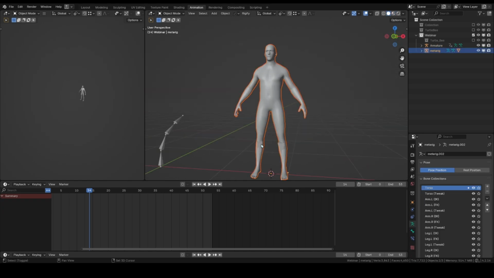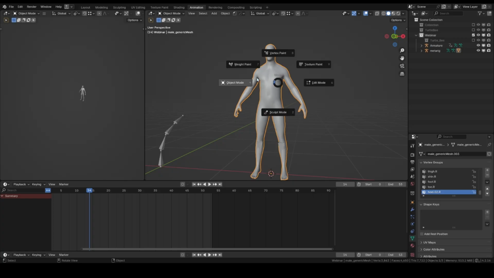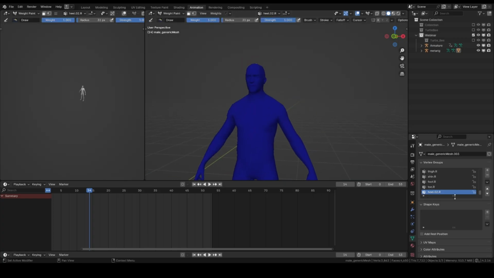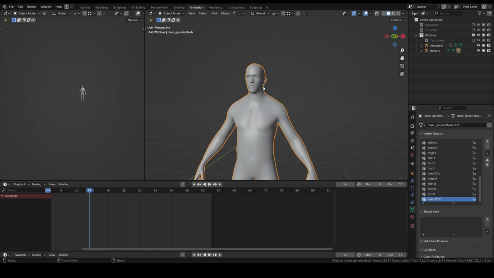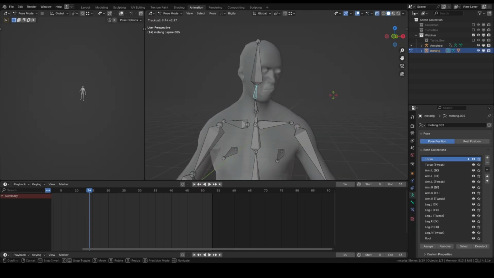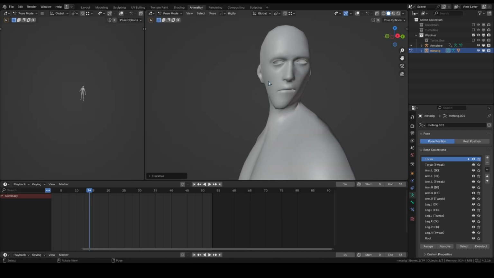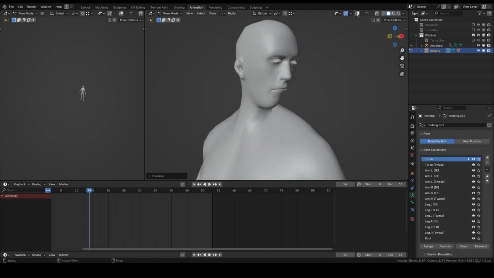I can create automatic weights by, like I said earlier, pressing Control P and creating automatic weights. Or if anything is messed up and I want to correct it, say this head bone isn't deforming the way we want, especially when his head is fully turned like this, he starts to deform a little oddly. What we can do is